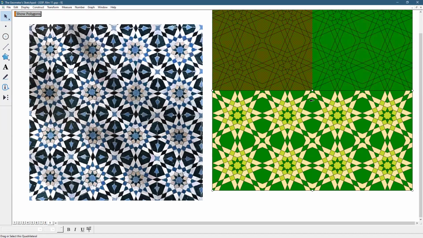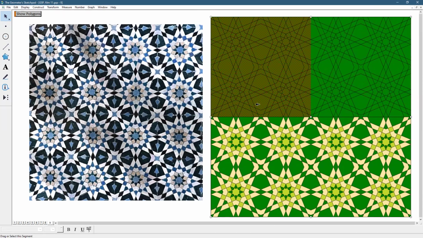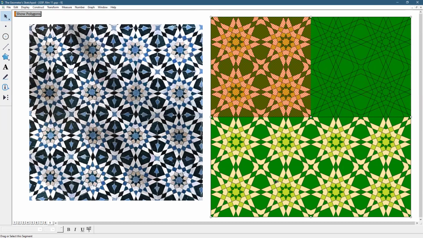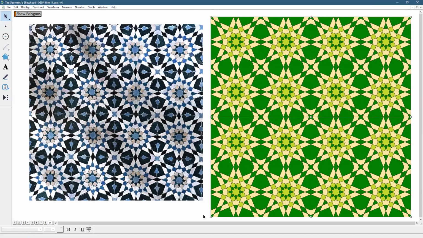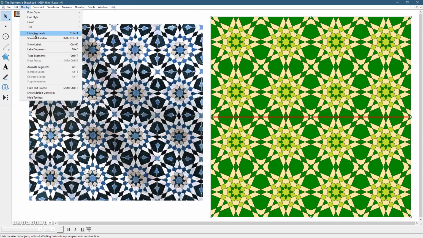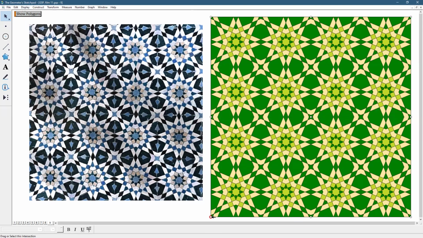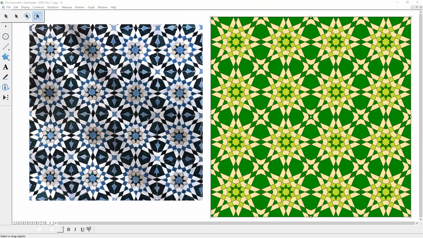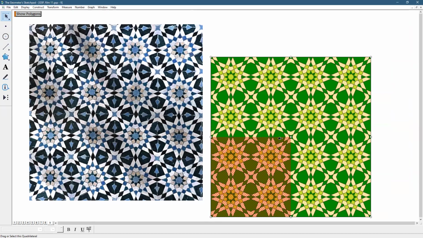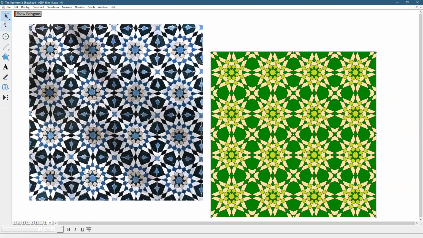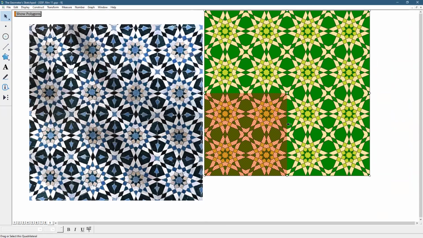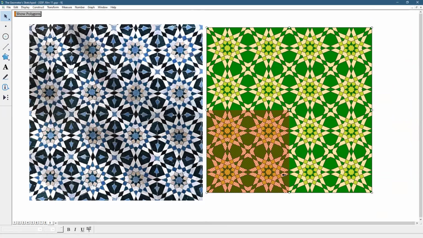And now going down, and what to do? Select, send this back. Now take this one, send to the back. Okay. And now I don't need these two lines. Display, hide these segments, and now make it smaller so you will be able to compare this what we did. Okay, I think the size is more or less the same. More or less, okay. So now you have to just look at these two patterns and see